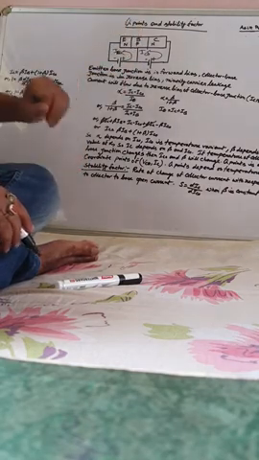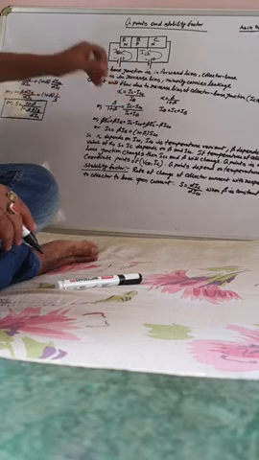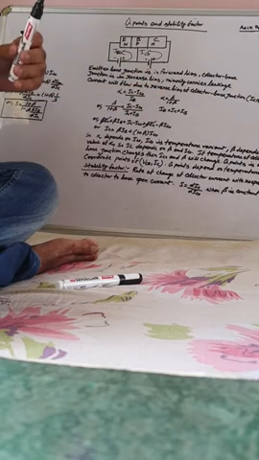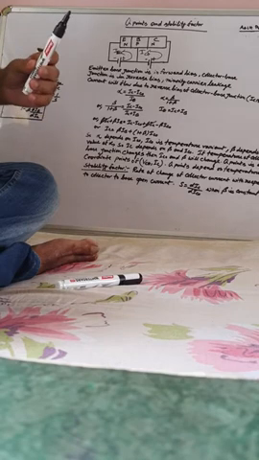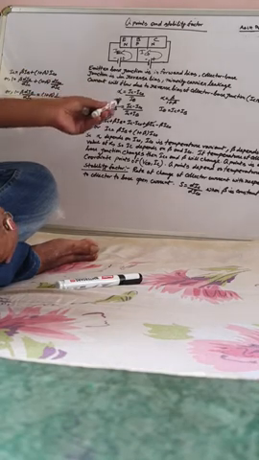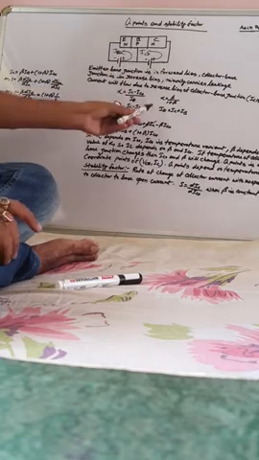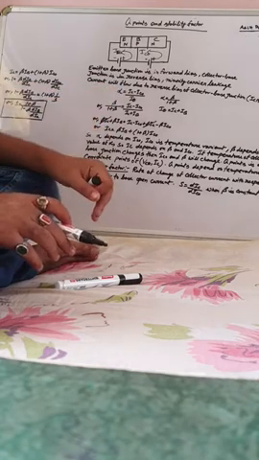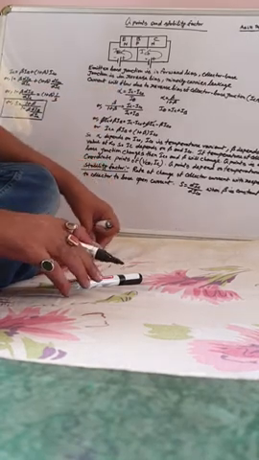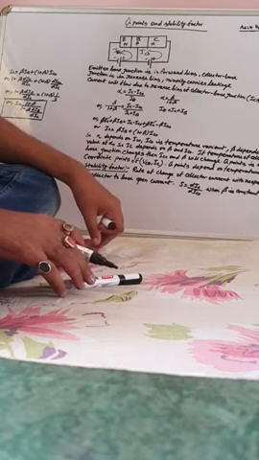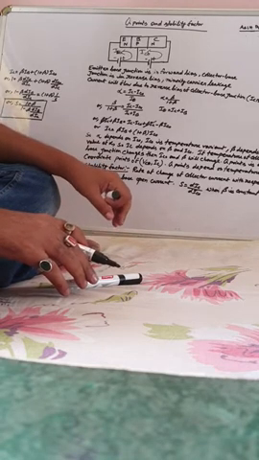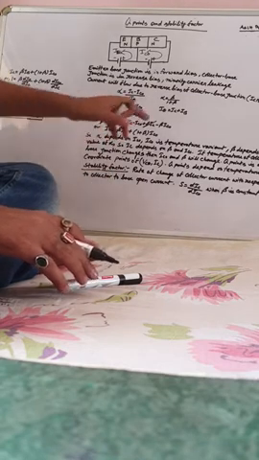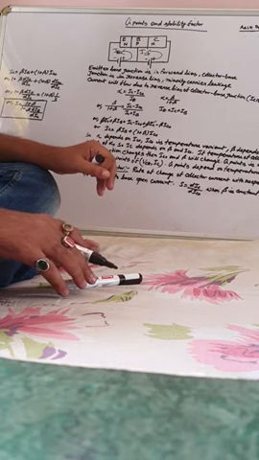So, alpha is (IC minus ICO) by IE. Now, alpha is beta by 1 plus beta. How we are getting alpha equal to beta by 1 plus beta? That you will learn when you learn transistor from the basics. So, IE equal to IC plus IB. Emitter current is equal to collector current plus base current. So, beta by 1 plus beta equal to (IC minus ICO) divided by (IC plus IB). So, beta IC, beta IB, (IC minus ICO) into (1 plus beta). So, IC minus ICO, beta IC minus beta ICO. Beta IC will cancel out. So, IC equal to beta IB plus (1 plus beta) into ICO.